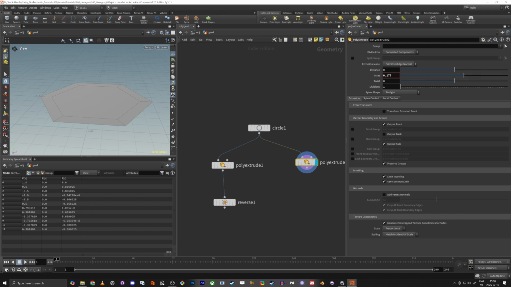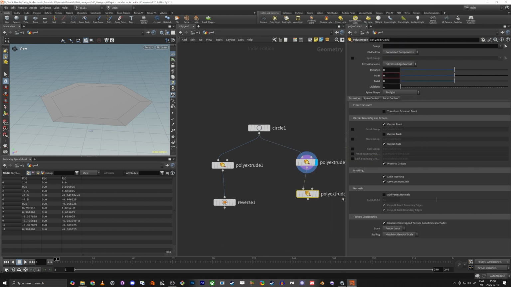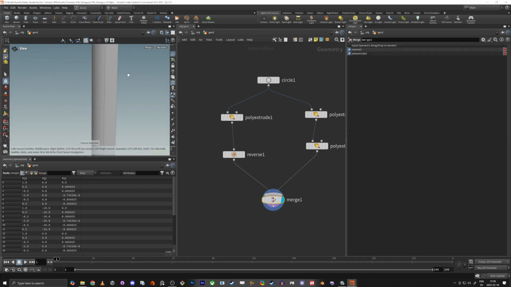And if you see here, we can do output front. The output front is kind of this part. So if we click here, we can have that as a group. And then if we do another poly extrude, here we only take the group. So this group here, we just pick it here, and then when we extrude, we only extrude that part. So that's lovely. And then we just do a merge on these two,